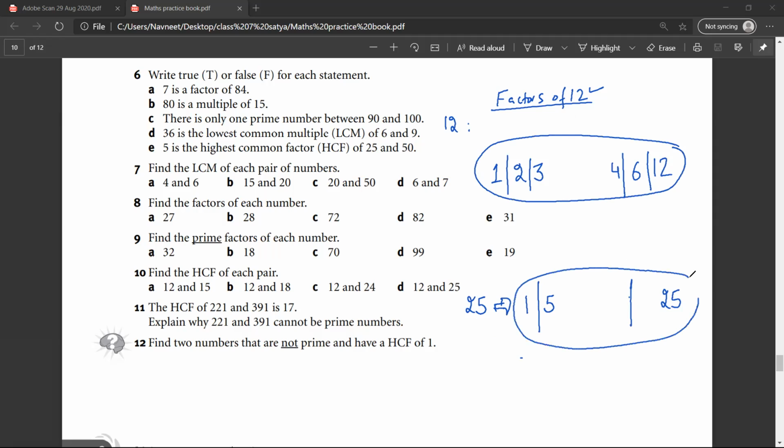Yes, sir. Now for finding HCF, I need to find the highest common factor. What do you see? See, all of these are factors. Okay. The highest common should be common also, and it should be highest also. So what is the number which you see which is common? 1. Yeah, 1. Have you understood the meaning of HCF?